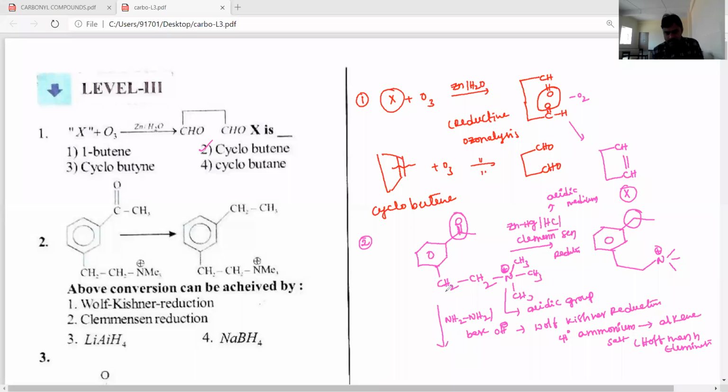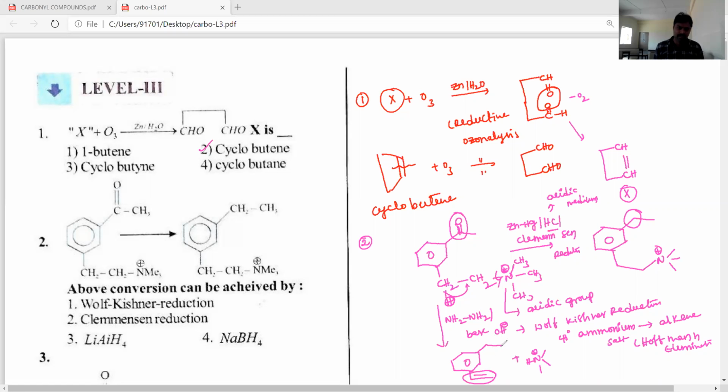So the resultant products are the trimethyl quaternary ammonium salt which forms, and this CH2-CH2 group is converted into an alkene, and this C=O CH3 group is converted into an alkane group,